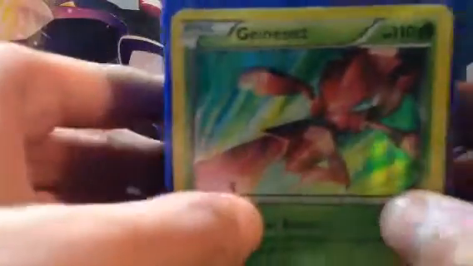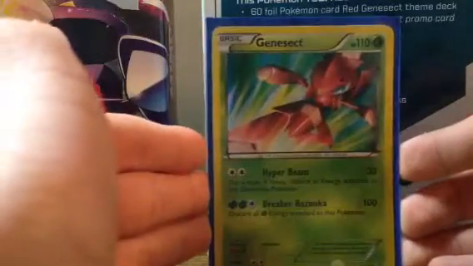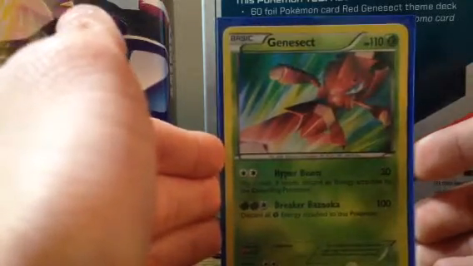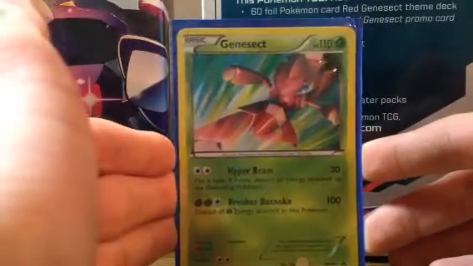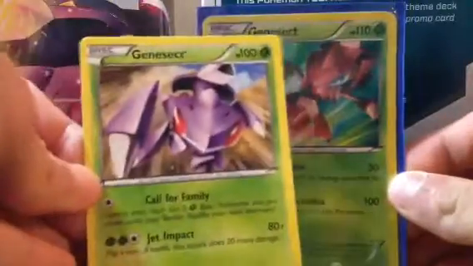So, with this deck, we get the two Genesect promotional cards. Its main attack Hyper Beam does 30 damage for 2 colorless energy, and on a coin flip, you get to discard an energy attached to the defending Pokemon. So, that's pretty good. It could be better, but oh well. It's life. 110 HP does make it better than its normal counterpart,